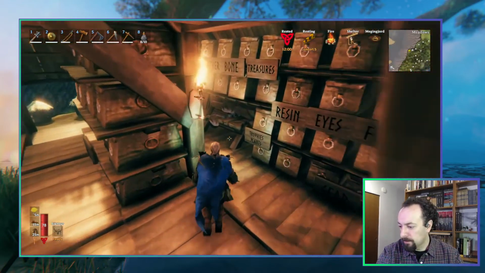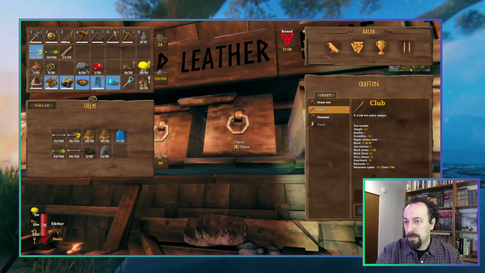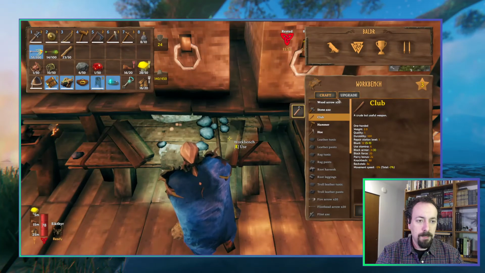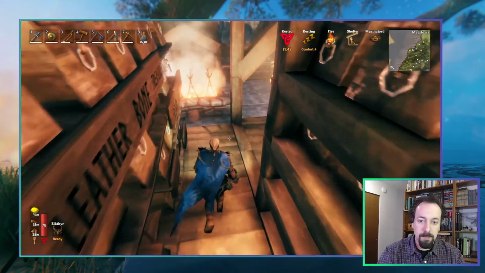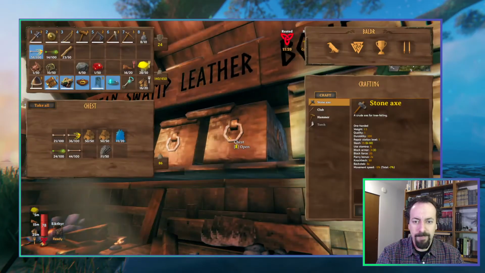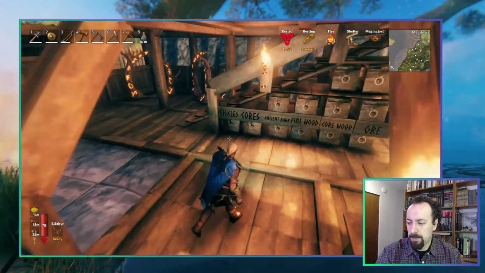Okay. So I have it here with leather, and I'm gonna go for the root leggings, ancient bark and deer hide. Do I have enough deer hide? Nope, I don't. You know what? I think